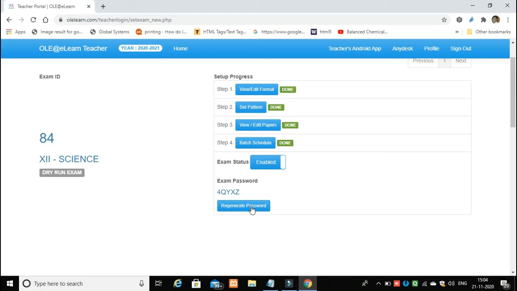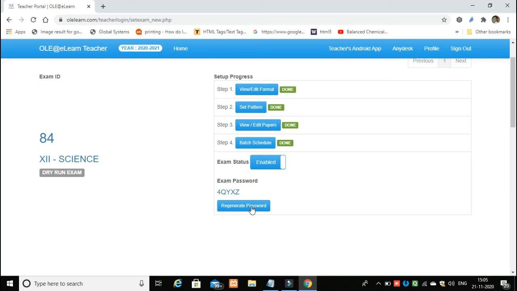Now teachers, register at least 2-3 students from your college. Try this mechanism. If you have any problem, call us on the helpline number which is given to you on the portal. We will definitely assist you in taking your college examinations, and the college examinations are for the COVID situation, we are giving it free so that colleges can maximally participate in this.